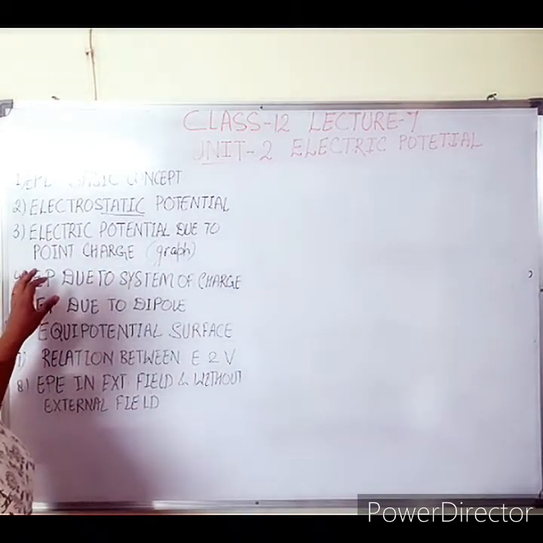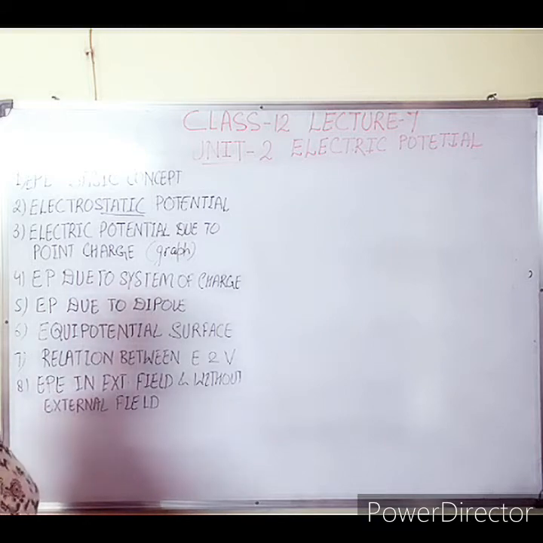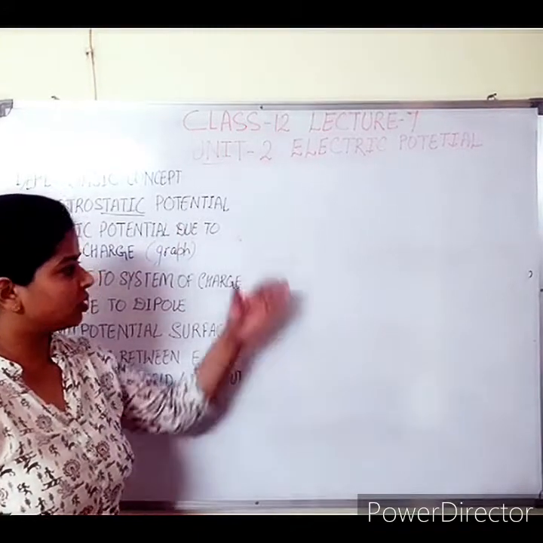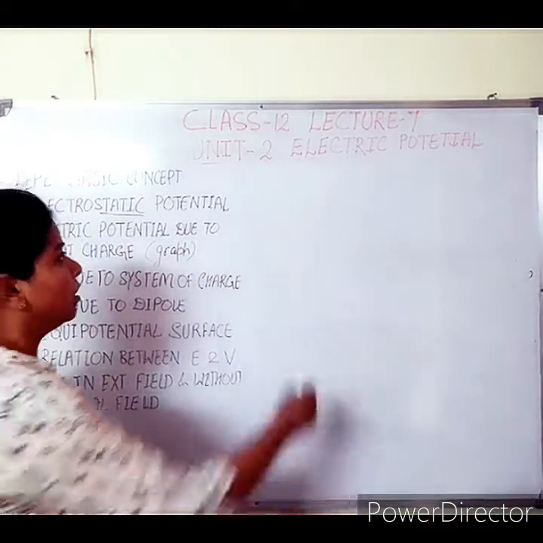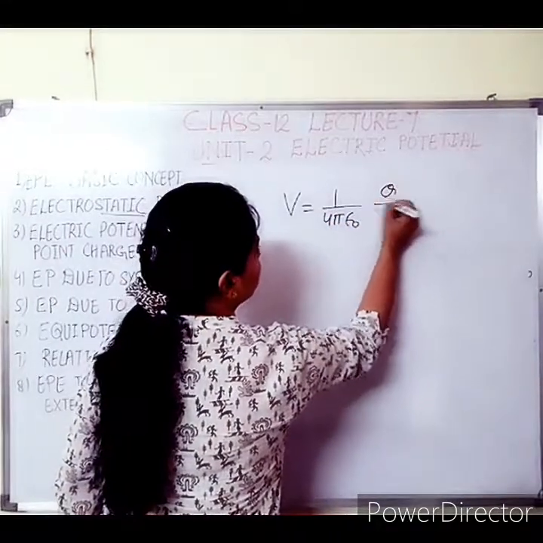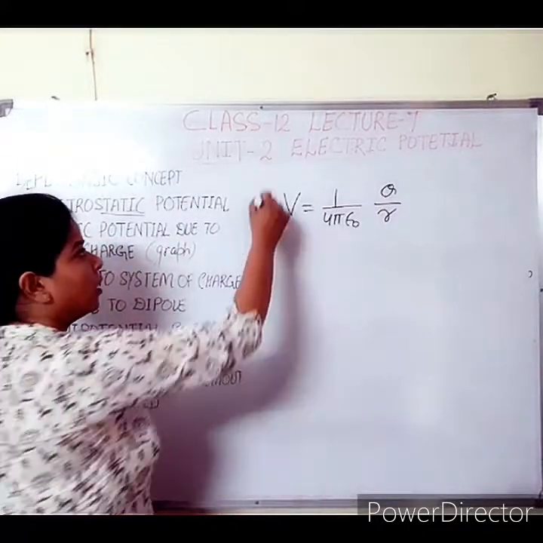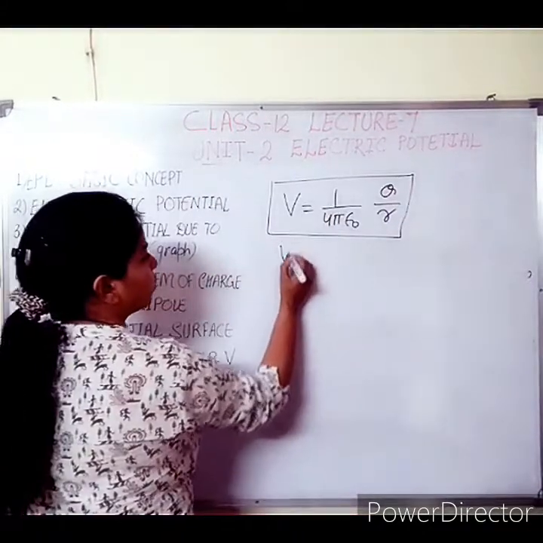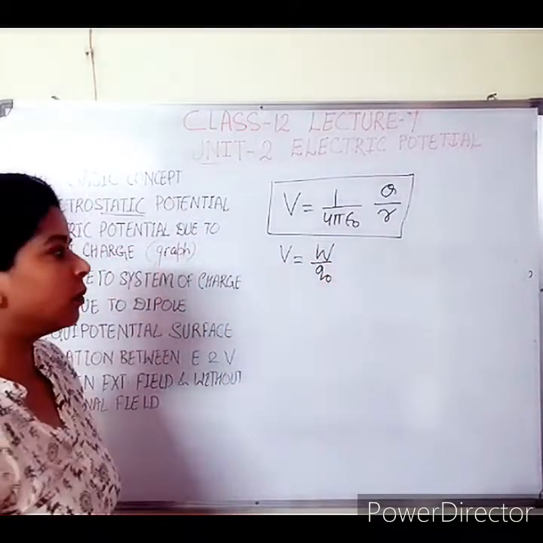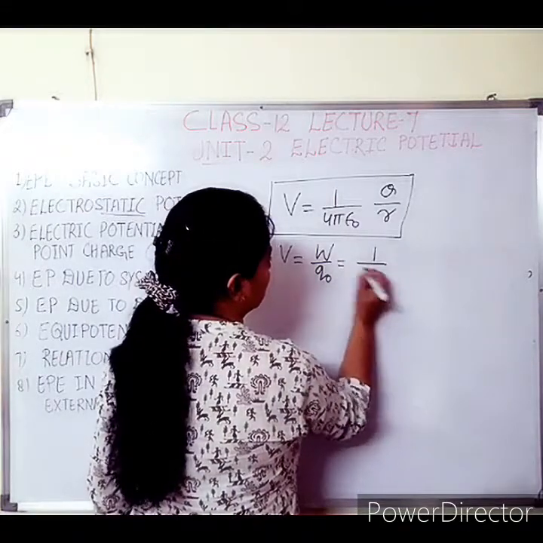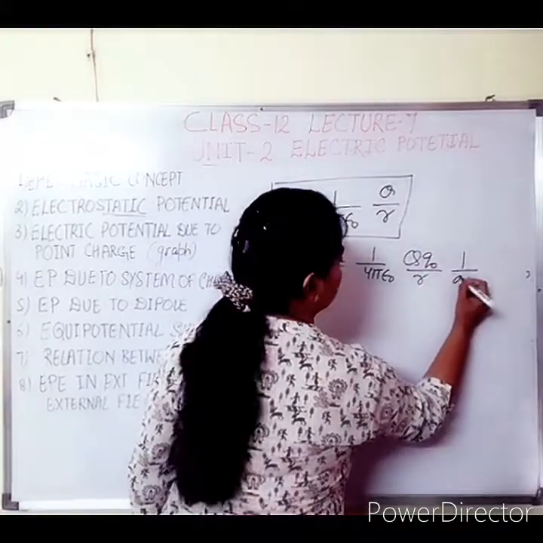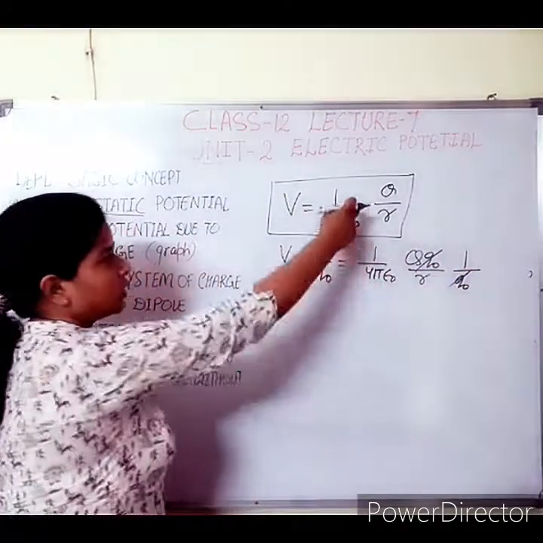Okay, next come to electric potential due to a point charge. I have done the derivation here, that V is equal to 1 over 4 pi epsilon naught Q divided by R. That I have calculated from the work formula, from the basic formula of potential, which is equal to W by Q naught. This one was the basic formula, and the W value is 1 over 4 pi epsilon naught Q Q naught divided by R, and then Q naught cancels, and you will get this formula.